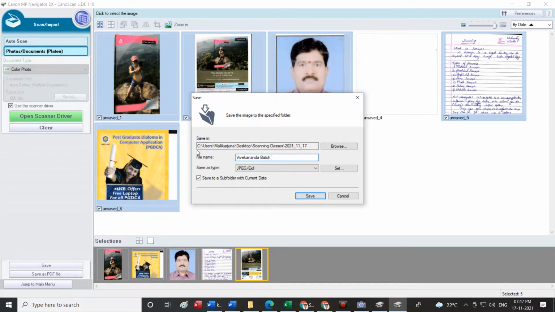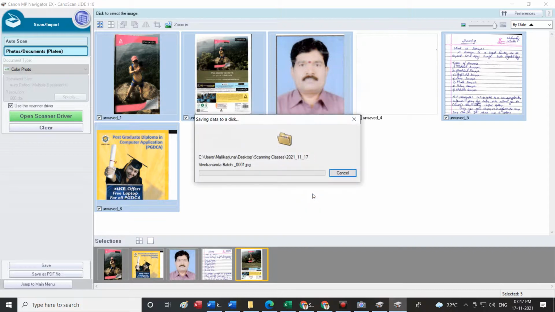So here under C colon, under a subfolder Users, under a subfolder Mallikarjun, under a subfolder Desktop, under the Scanning Classes subfolder, I have a date defined as 17/11/2021. Here all these image files are going to be stored. I just say save.